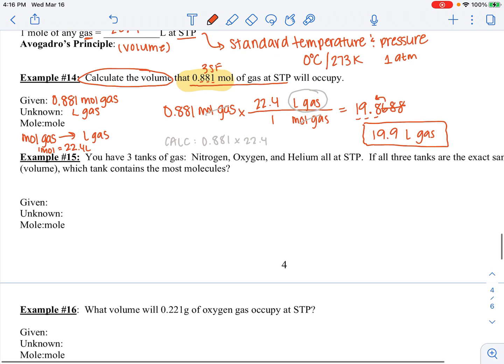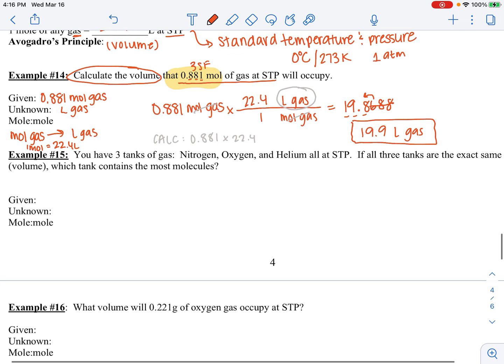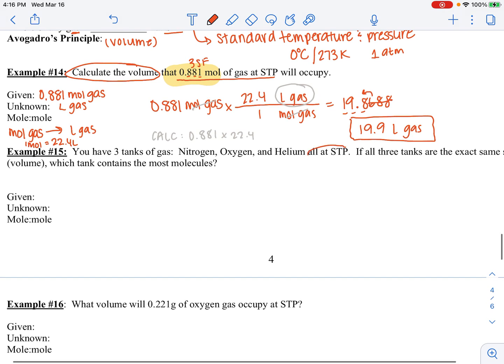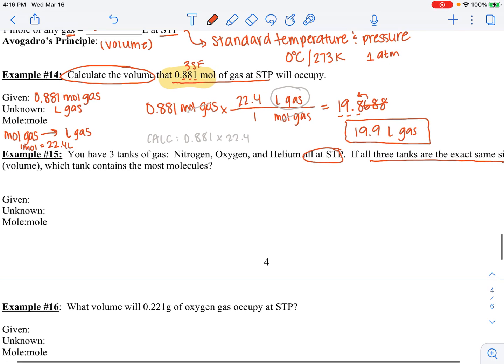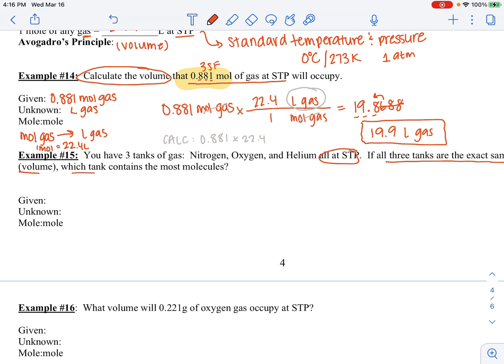Let's do one more together. This time we are asking a concept question. You have 3 tanks of gas: nitrogen gas, oxygen gas, and helium gas. And we are all at STP. If all 3 tanks are the exact same size in volume, which tank has the most molecules? Well, how would we figure this out? Let's start with nitrogen. Let's say that that volume is 1 liter. If we have 1 liter of nitrogen gas,